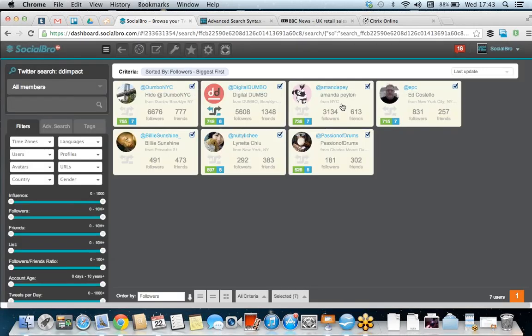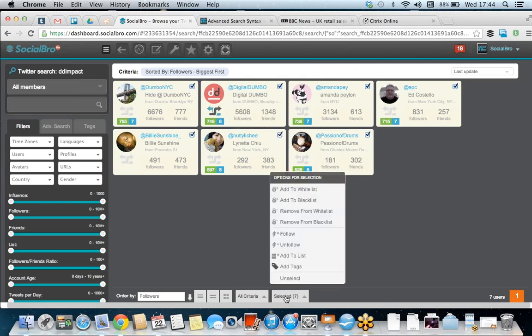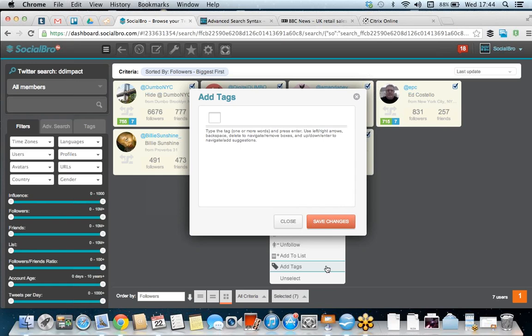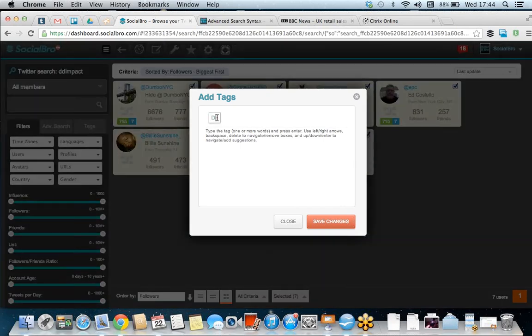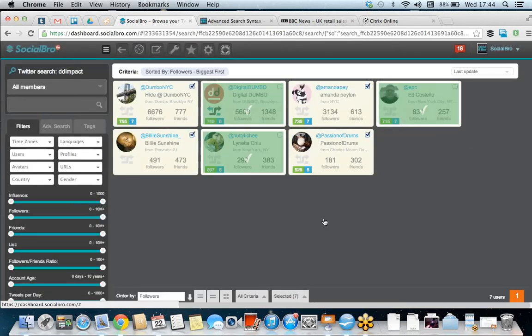The other option you have is to create a tag for these users. So for example, if you want to come back to them at a later date in the future, to invite them maybe to a similar event that you're holding that you think they would be interested in. So to do that, I could just select them again and then add tags, and again, whichever name you wanted to add, save changes,